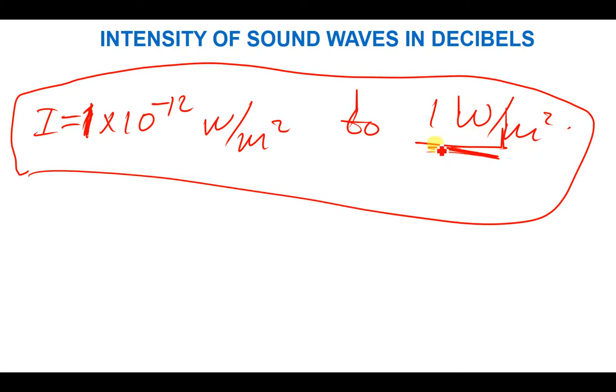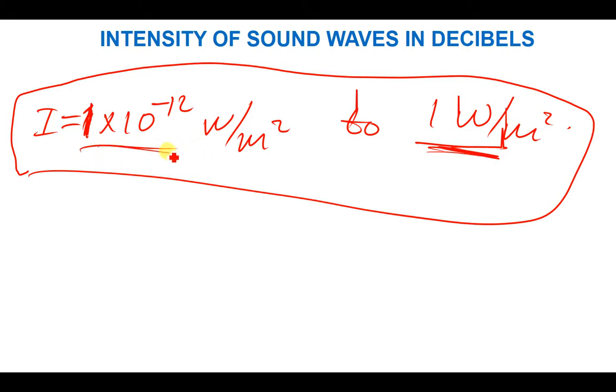When you just exceed this, expect your ears to start paining. If not that, you can even begin to have problems with ears. So be careful with the type of sound that you are listening to. Apart from that, the ear can only detect sound waves that have at least the intensity of 10 to the power negative 12 watts per meter squared.